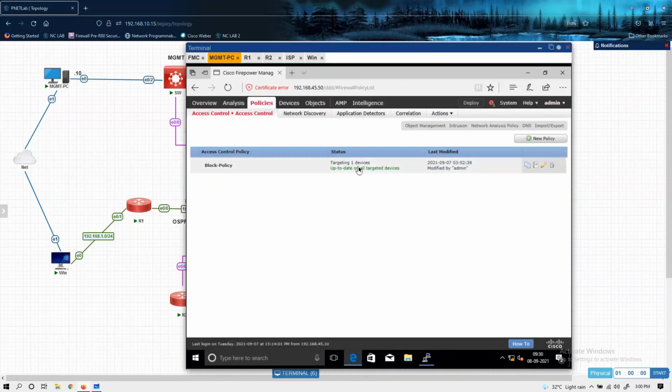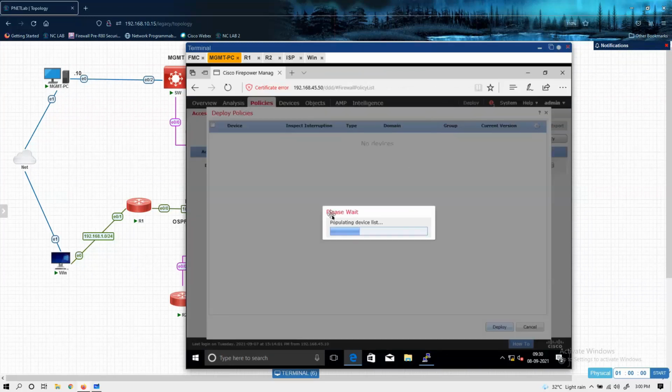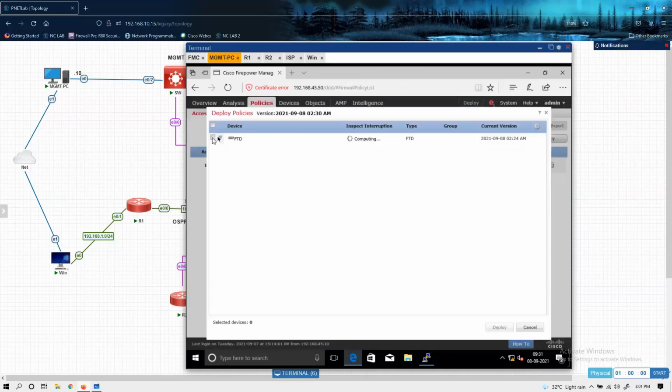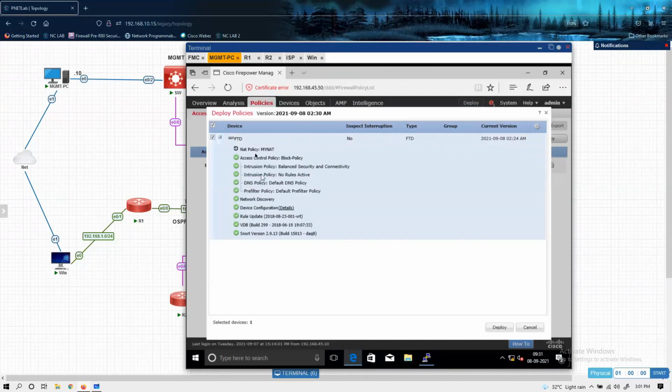It is targeting one device, no problem. Just deploy the configuration. Here you can see this NAT policy is being pushed and everything is up to date.